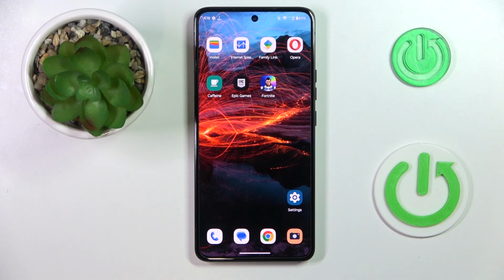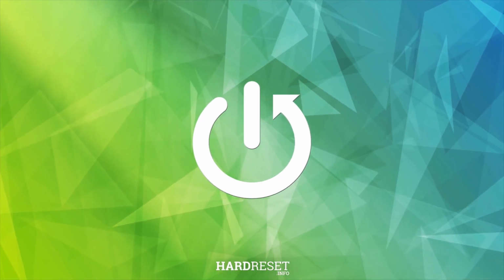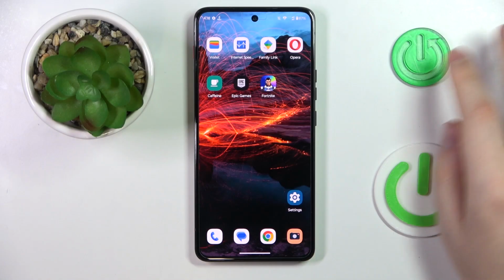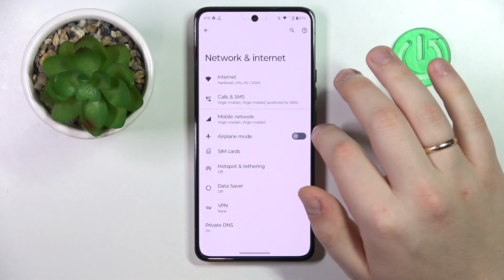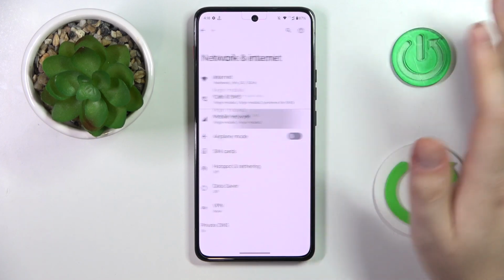This is Motorola ThinkPhone, and in today's video I'm going to demonstrate that you can check your data usage on this device. So to begin with, launch settings, onwards enter the network and internet category, then go for the mobile network,